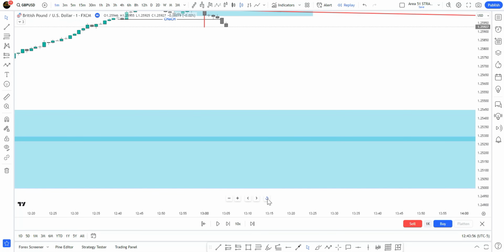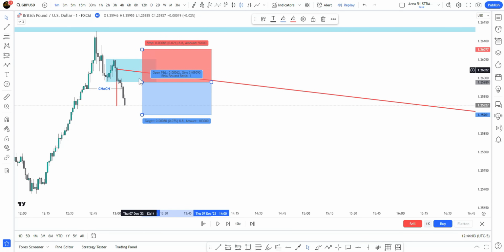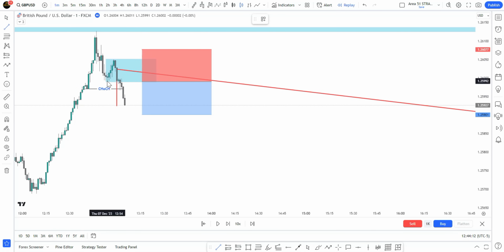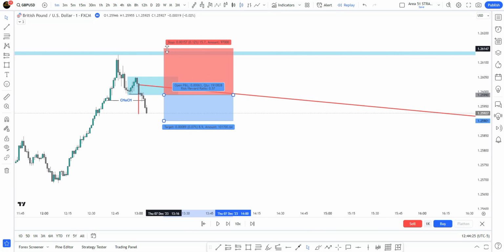Now on the 1-minute time frame, let me go ahead and set my trades right here, after the break of this mini structure before the change of character. Remember, there was a mini break of structure right here, which left an order flow, and that's exactly what I'm doing. So since we are on the 1-minute time frame, I don't want to refine this even more because it's not possible. So what I did was I put my stop loss right here, about 17 pips